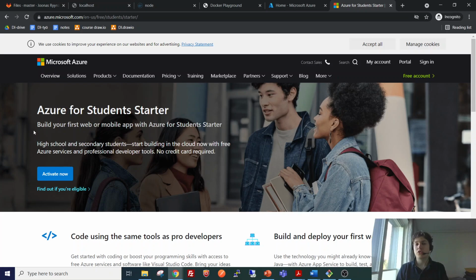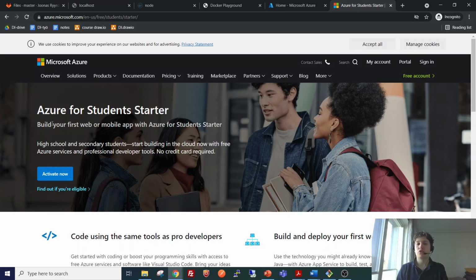And Azure offers this Azure for Students starter subscription that is suitable for our needs during this course. Now it is important to notice that there is also a subscription called Azure for Students without the starter.